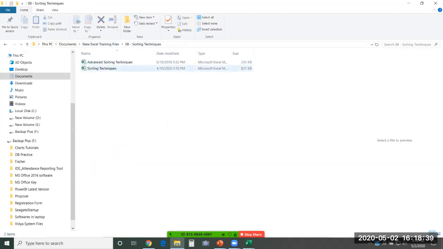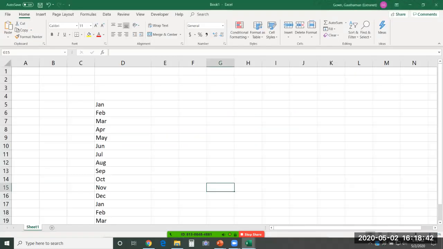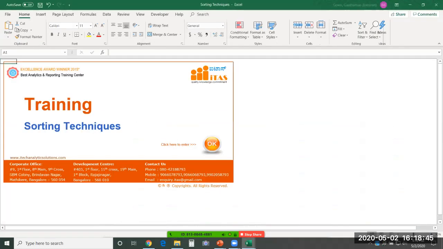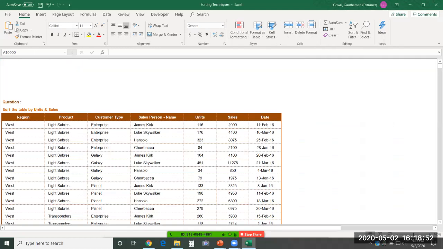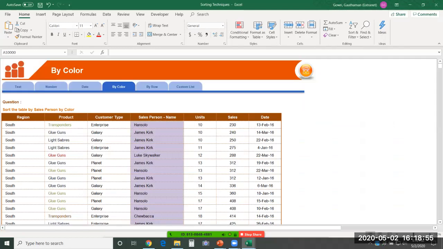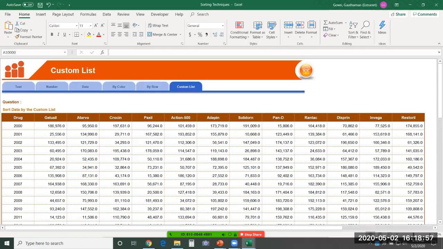Excel will allow us to sort from top to bottom, that is row wise. It also allows us to sort the columns as well. We'll see what the different types of sorting available to us are, how to sort by row, how to sort by your own custom list. So you don't want to go by ascending or descending order, you want to sort it in your own order, let's say. Even those things are possible to achieve in Excel. We'll be discussing all these things in this chapter, sorting techniques.